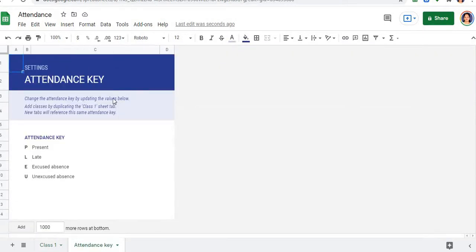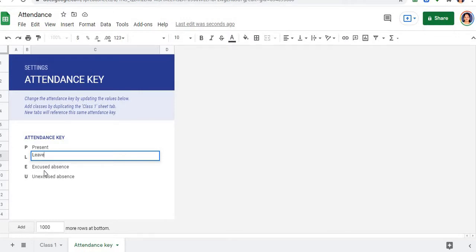So press on the attendance key that you find below the sheet. This is how it opens up. Now we have a custom of putting P for present, so let that be like that. But we don't use the alphabet L for late. Instead we can use L for the child who is on leave after giving the information to the teacher. So we can make L for leave.